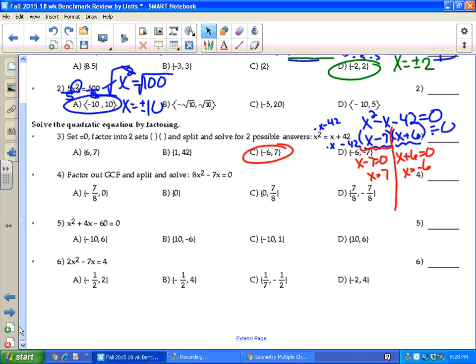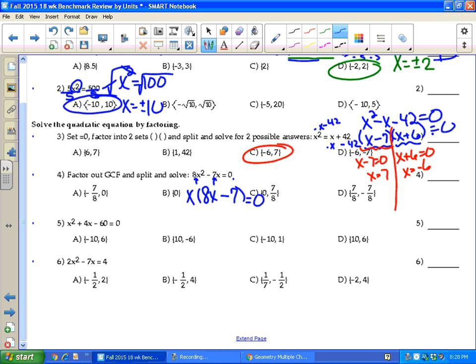So it's already set equal to 0 and I'm factoring it. I don't have three terms, so I can't factor into two sets of parentheses, but I can do a GCF. What's in common between 8x squared and 7x is only the x. So I'm going to factor out only an x. If I take out one x, I have 8x left minus, and then I have only a 7 left